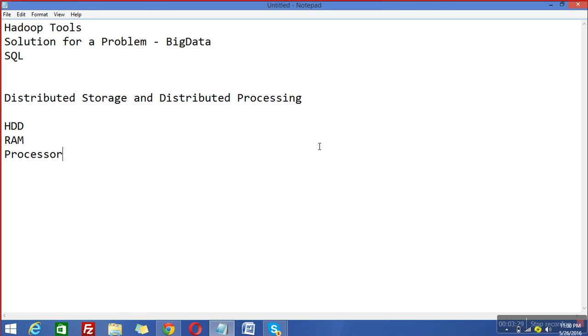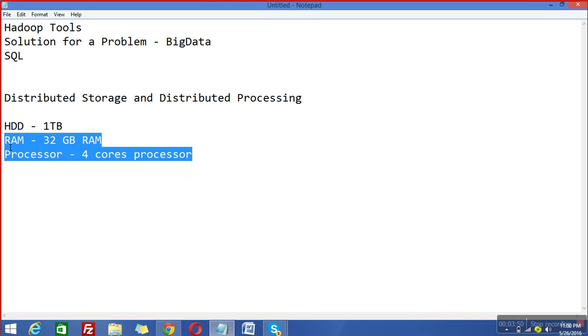So whenever we add a new motherboard, we get, let's say, 1 TB of additional storage. And not only this, let's say each machine has 32 GB RAM and a 4-core processor. So whenever we add a new machine, we are not just adding the machine, we are adding RAM and a processor that can help us with the data processing.